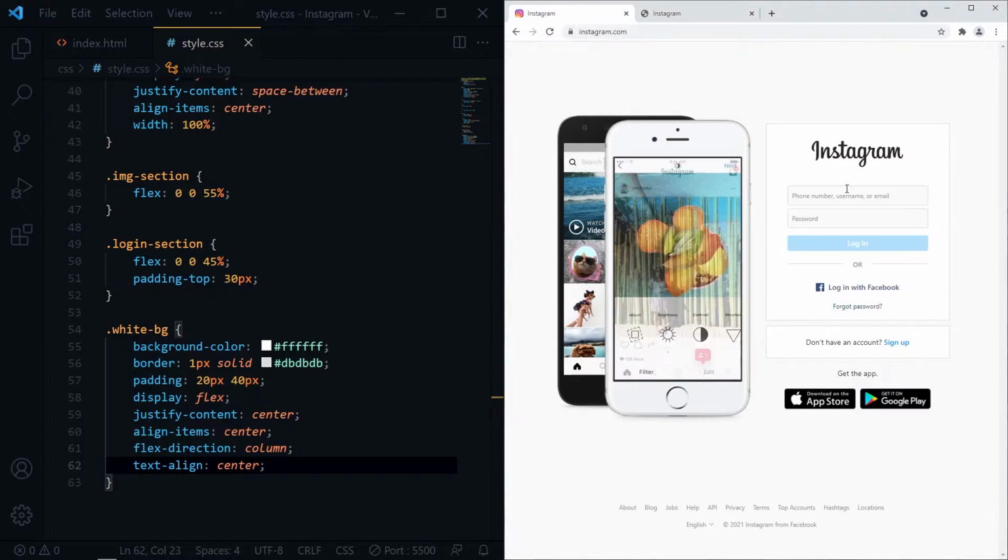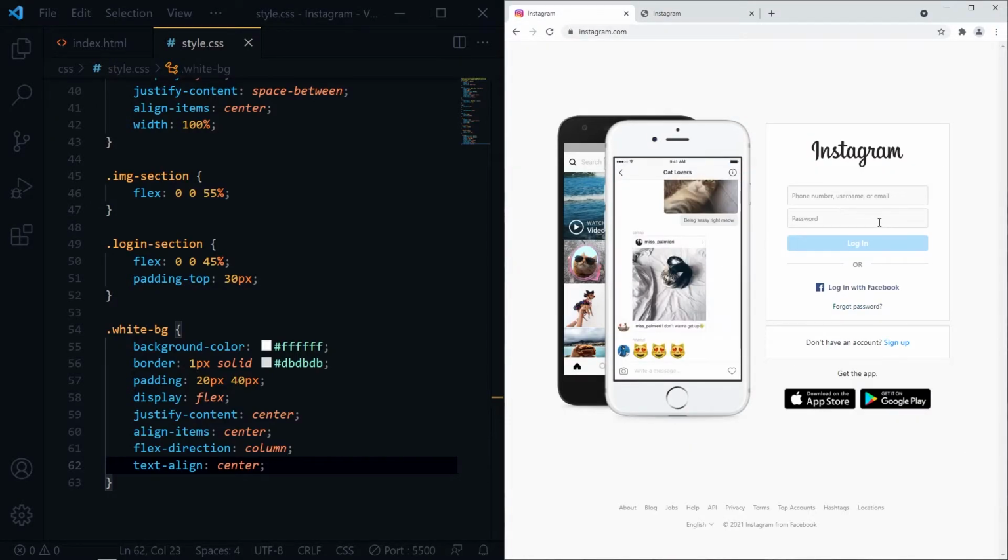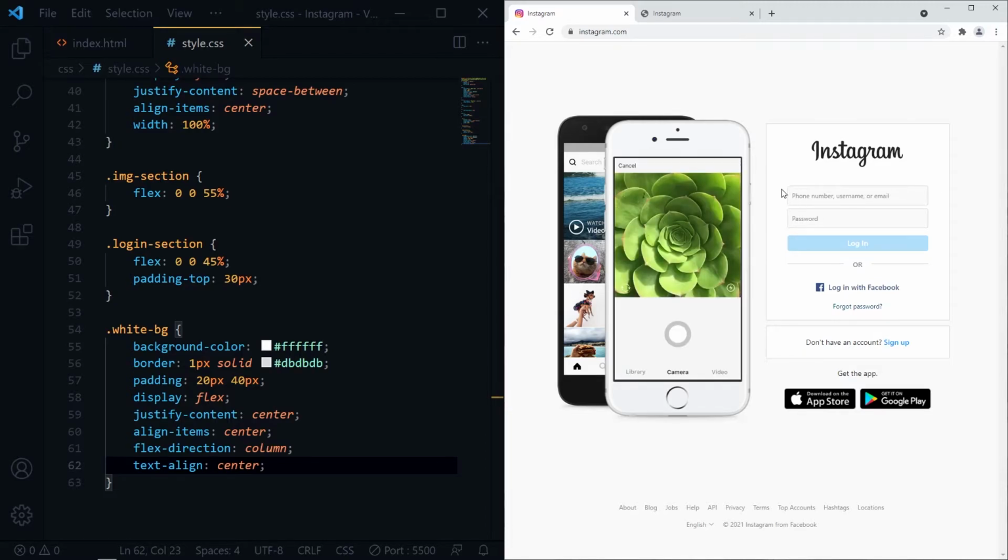For our input, we need to give 100% width, some padding and margin, background color, border radius, font color, and font size.